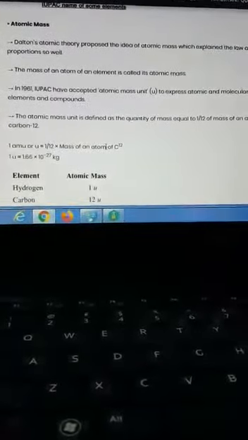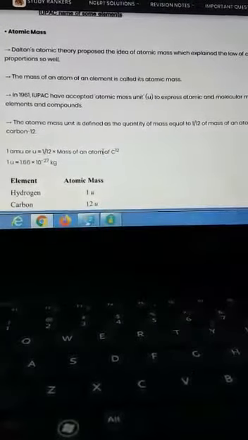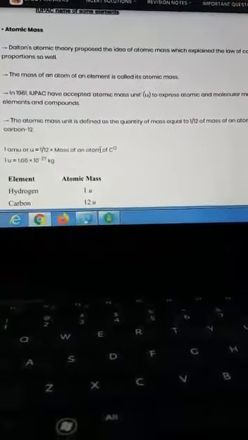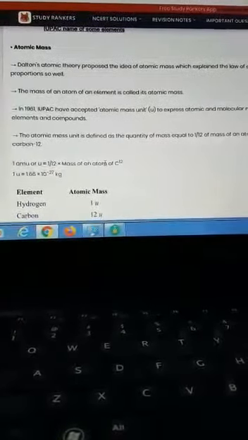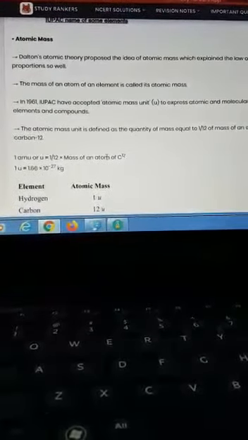Previously, oxygen was taken as the standard to calculate the masses of elements. Why? Because as we know, it is not possible to calculate the mass of a single element, so oxygen was taken as the standard, and the reason was that oxygen combines with almost all the elements. So it was easier to calculate the masses of other elements. And secondly, the masses found by taking oxygen as the standard came in whole numbers. They did not come as fractions.